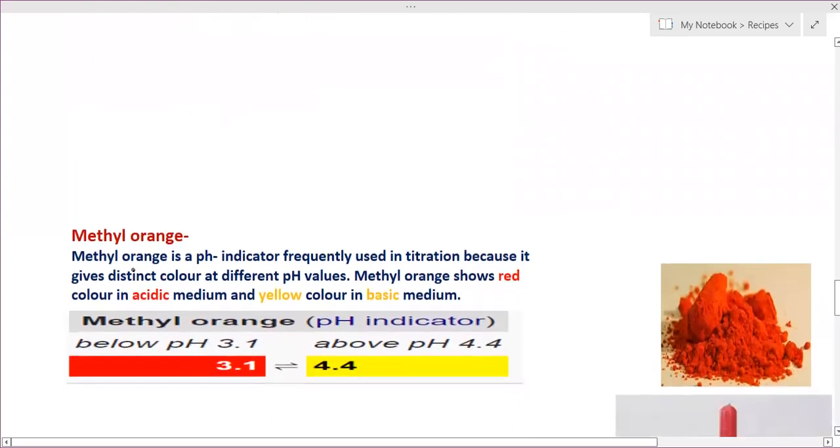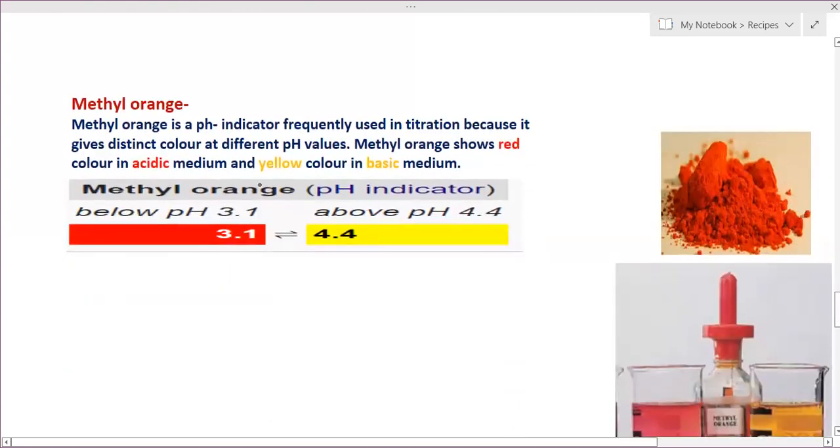Next is methyl orange. Methyl orange is a pH indicator frequently used in titration because it gives distinct color